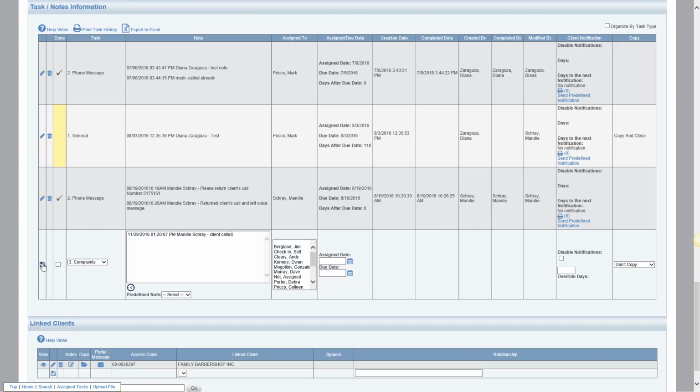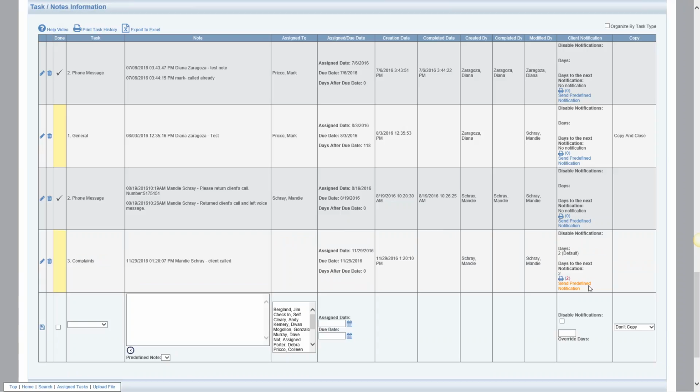we put in our complaint, client called, and then once we save it, you can see here that it has now sent out two, because we have an email on file and a cell phone provider on file. So we've sent out an email message and a text message. So it sent out that automatic notification